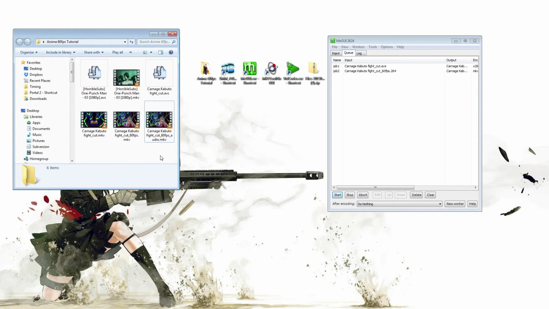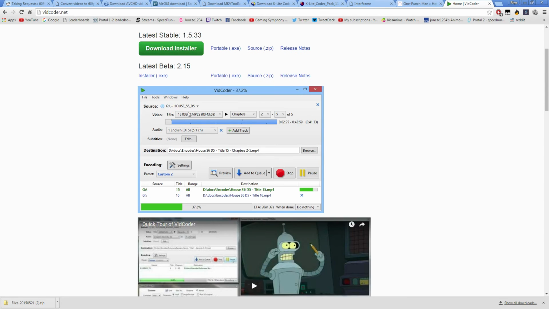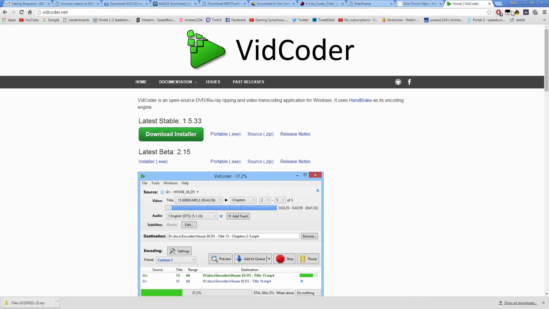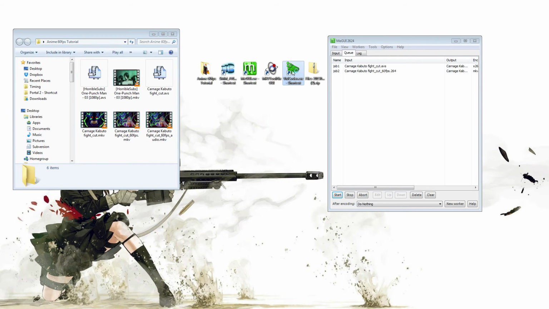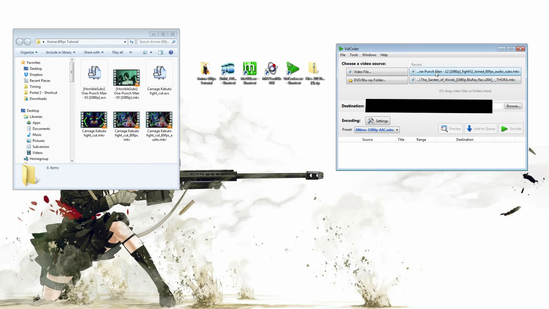Simple as. The next thing you want to do is download VidCoder, which can be found at the link vidcoder.net. If you want to download and install, pretty simple, very self-explanatory. It uses the Handbrake codec, but it's just generally better. So you want to open that up, give it a second. Right, it's open, so now you want to just drag this file in,